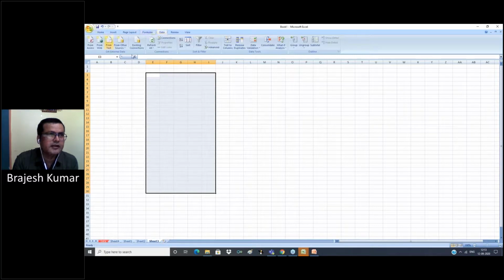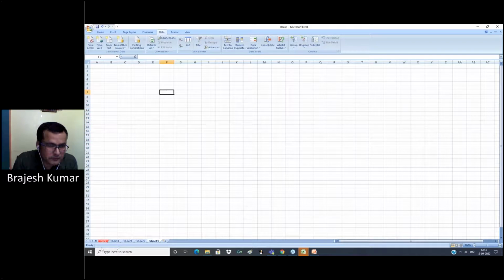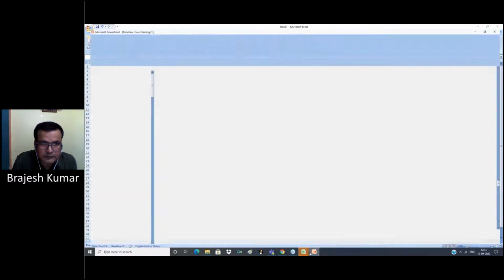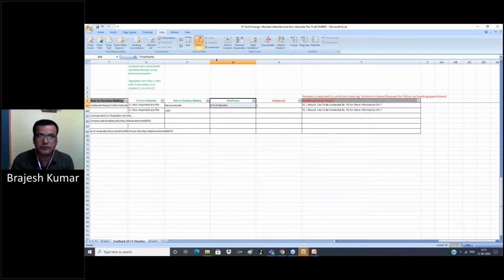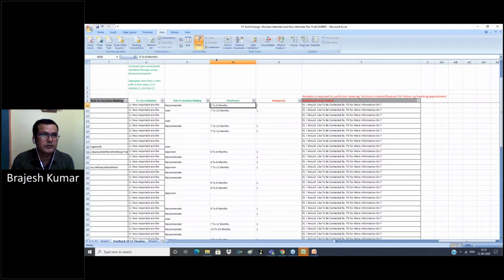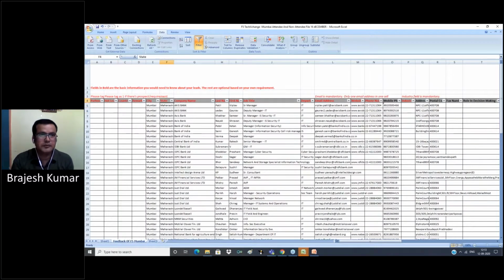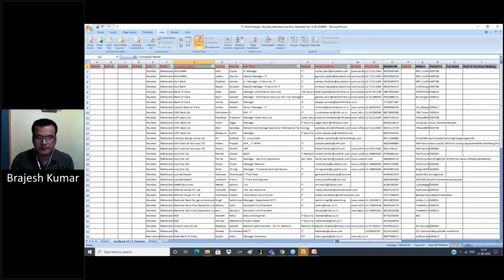Formula is another thing. Data, as we discussed, sorting. Suppose we open a file. Suppose we have company name and contact name.